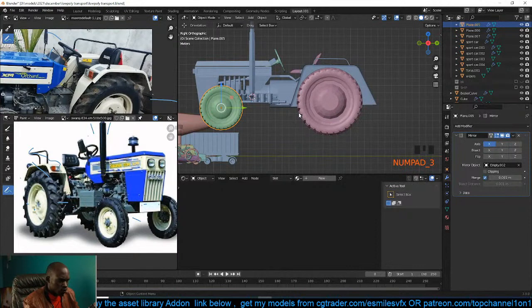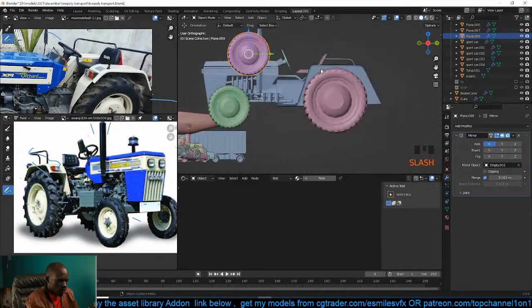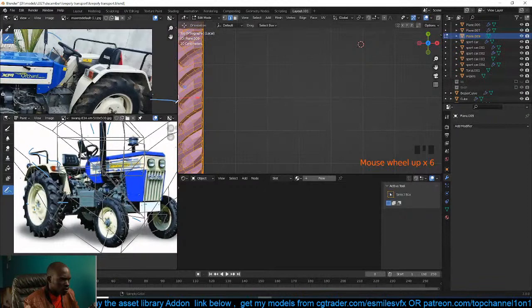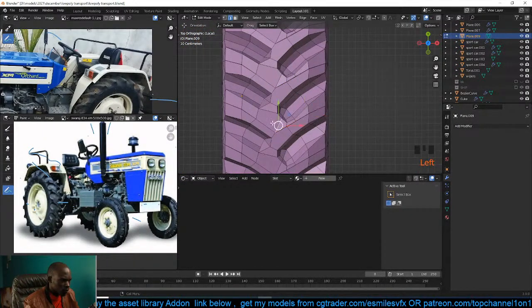So to do that, I'm going to first duplicate it, isolate it for a second, and let me remove this mirror. Again, isolate the one piece here. I think it should be